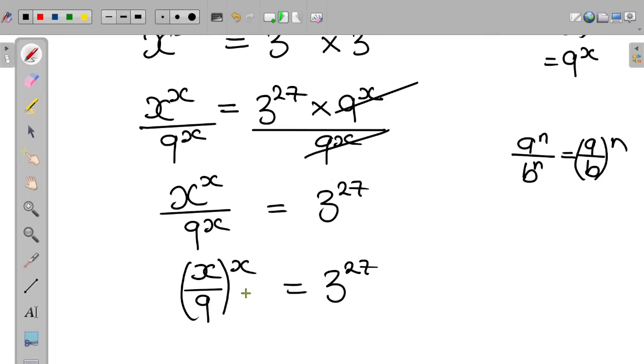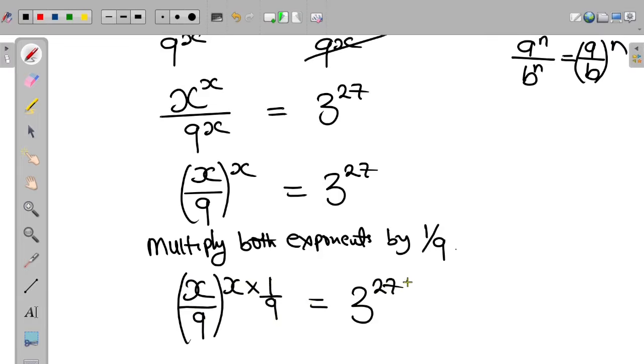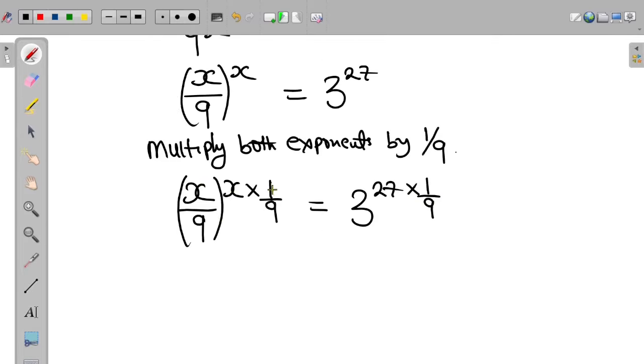Now, at this point, we have to multiply the exponent by 1 divided by 9. So this becomes x divided by 9 all raised to the power of x times 1 divided by 9 equal to 3 multiplied by 27 times 1 divided by 9. So at this point, x times 1 is x. So we have that x divided by 9 all raised to the power of x divided by 9 equal to